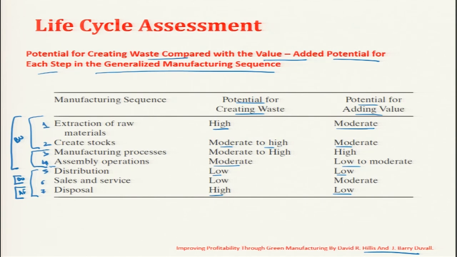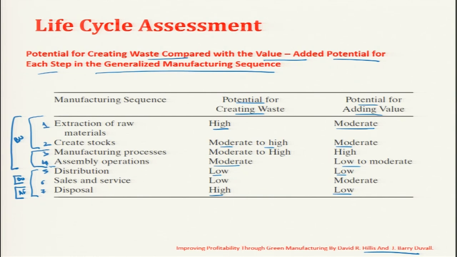Alternative to this, manufacturers should try to do all these 7 steps at least for life cycle assessment. Maybe they are not in this business, but at least for life cycle assessment, in order to earn the value added potential from the raw material to the sale and disposal of the product. So, this has to be the approach in the present demand that is coming for the green products. Also, the company would have to develop the skill and expertise for all aspects of manufacturing sequence, that is also required.